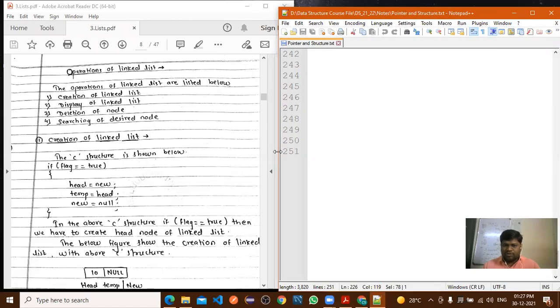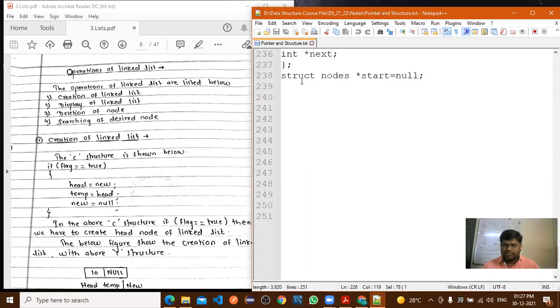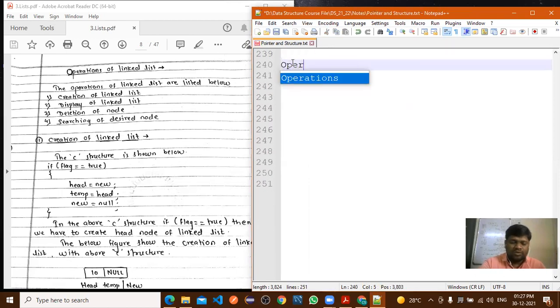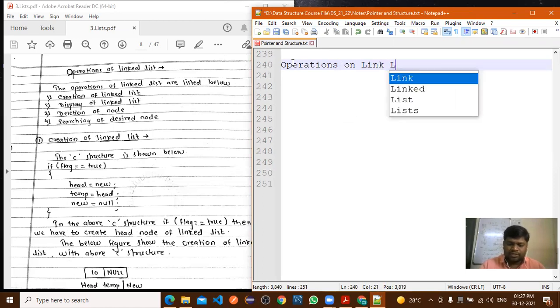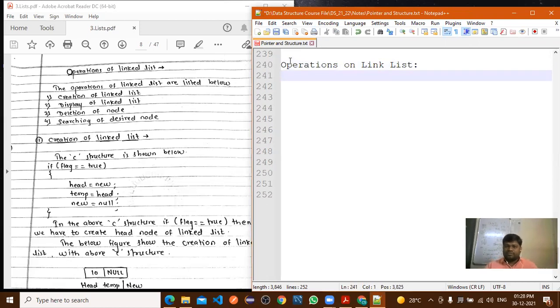Is it visible to all, both the screens? Operations on linked list. Right.